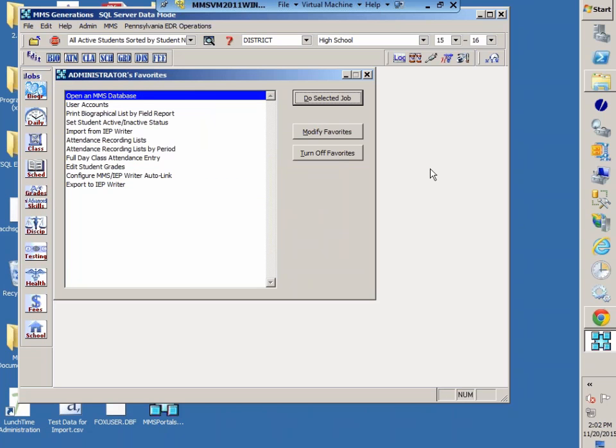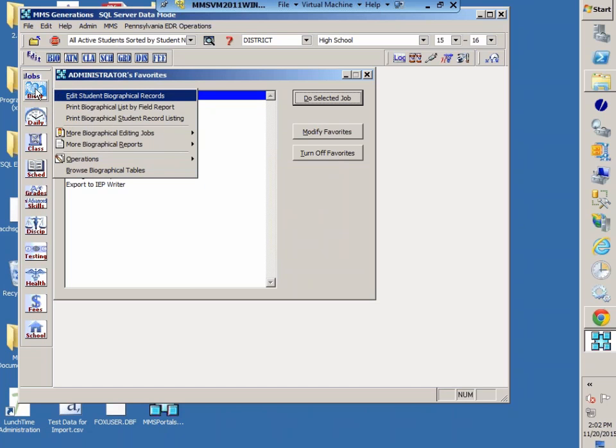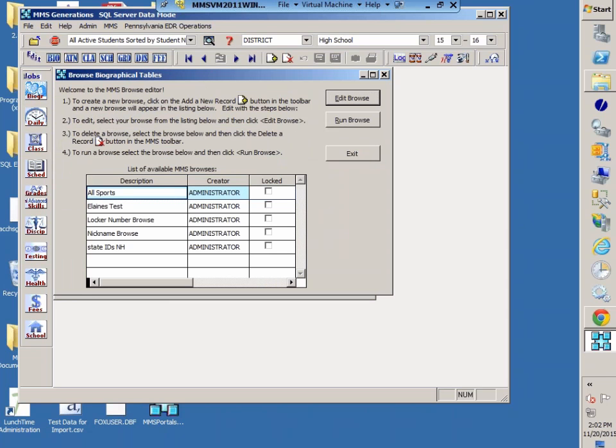Another option that's available to you is if we go under Student Biographical Records and then we create a browse. Browse will set up kind of an Excel-like spreadsheet, but it also allows you to enter in values for those students. So we have a browse under each of the different modules. So this is our biographical tables. So I'm going to create a new browse,